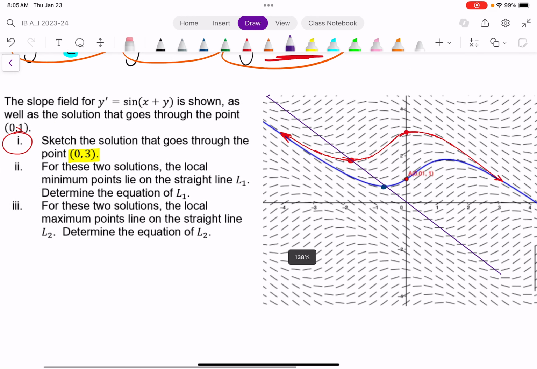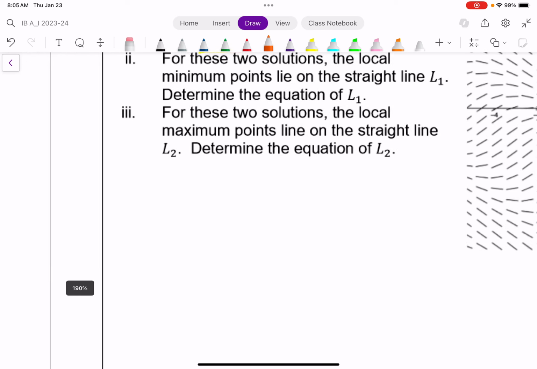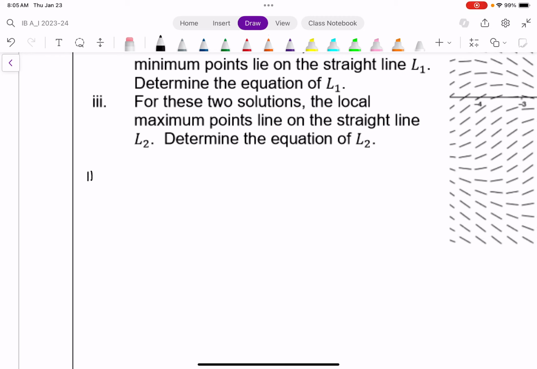Well, it goes back to what I just mentioned. These have to be all the places where my derivative equals 0, where the slope equals 0. And so my derivative is my differential equation. So this must be all the places where the sine of x plus y equals 0. So I need to think, where does y prime or the sine of x plus y equals 0? I can't solve this graphically or algebraically because it's one equation with two unknowns, but I can think about, where